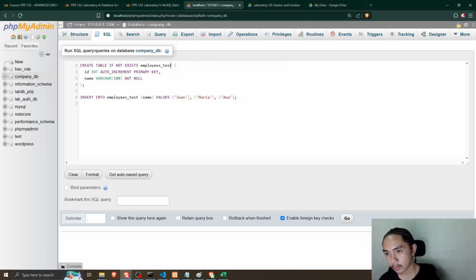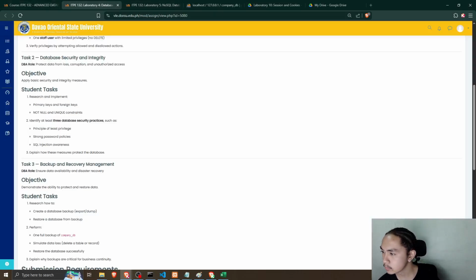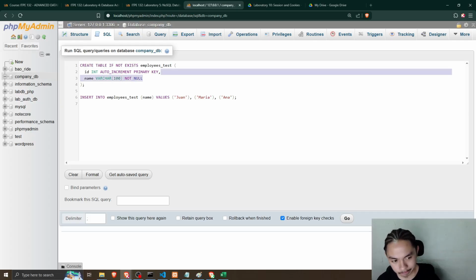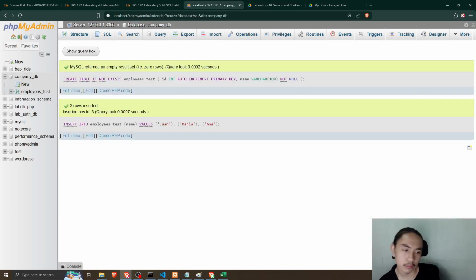This is just a test table with a primary key of ID, and then a foreign key and a not null unique constraint. We'll run this. Okay, so we've created that one.